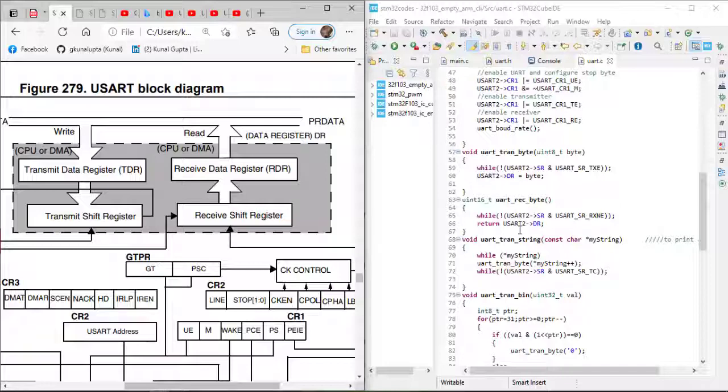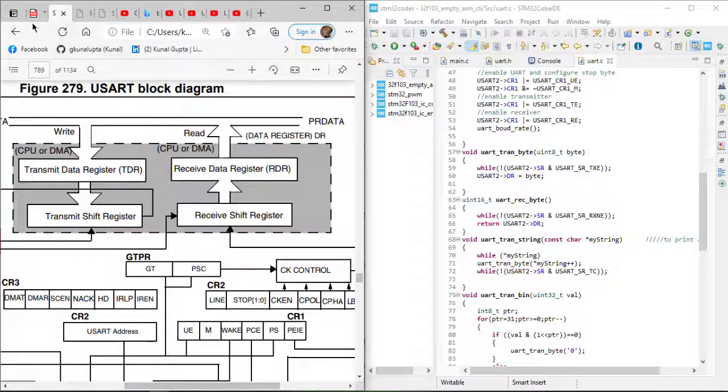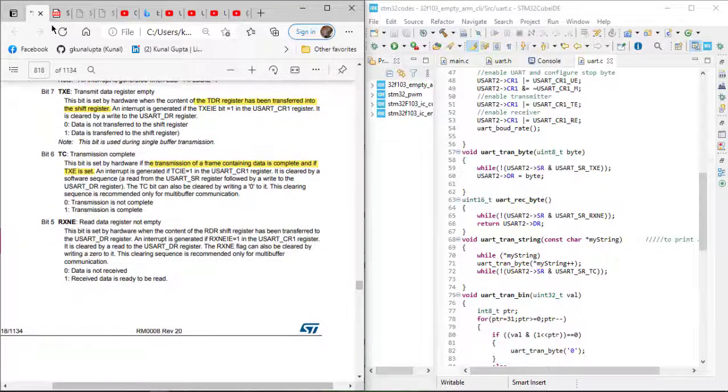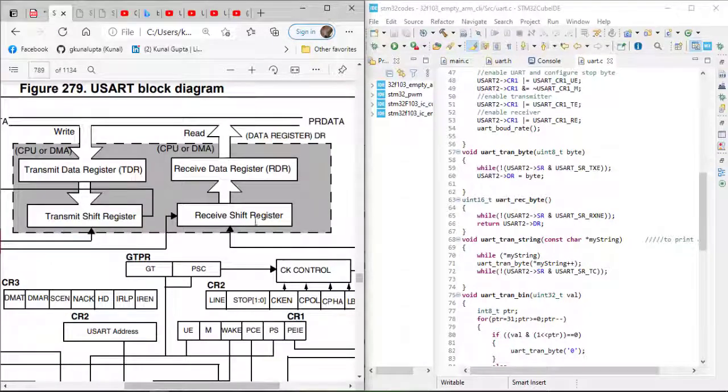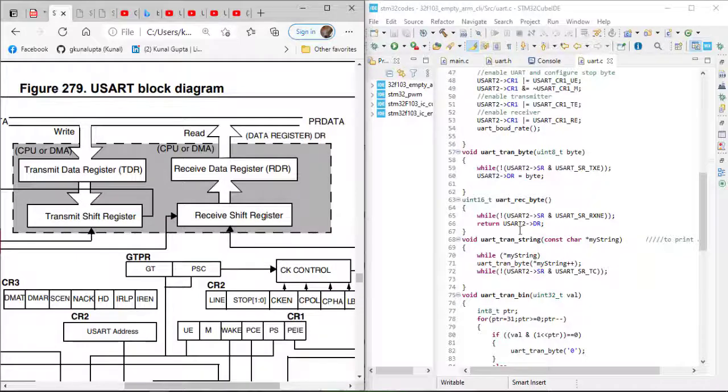Same way for the receive byte, I am monitoring the RXNE bit, because it will signify that my receive shift register has received some data and has transferred it to the RDR register. So now I will read the RDR register, that is the UART arrow DR register, which is my transmit or receive data register, and return that value.